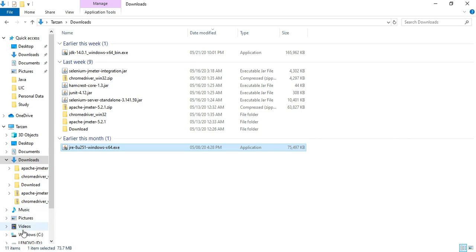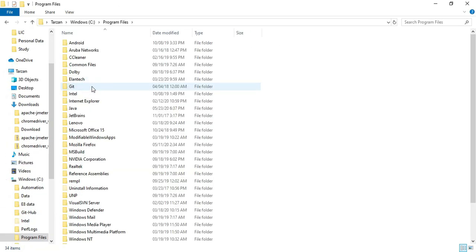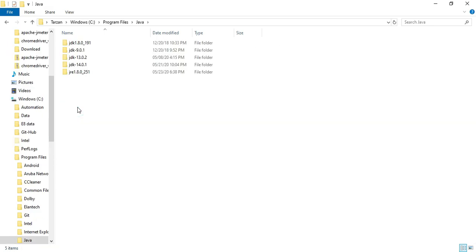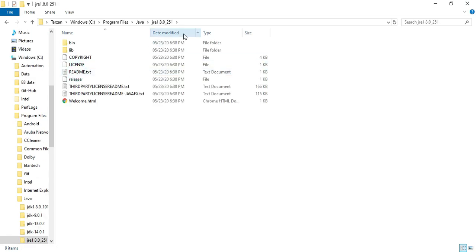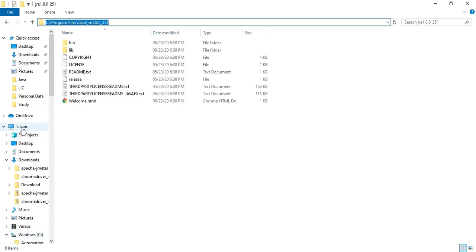To check that, you will have to go to your C drive, go to program files, then search for Java. As you can see, I have installed this version just now, JRE 1.8.0_251. Okay, so what I want you to do is click on it and copy this path, and let's move to our system.